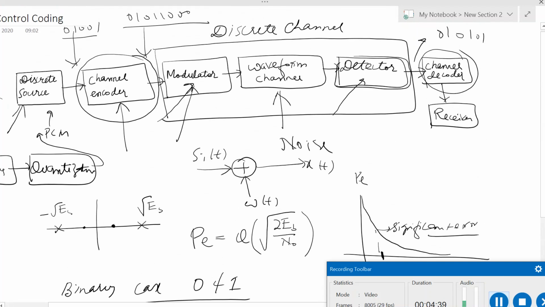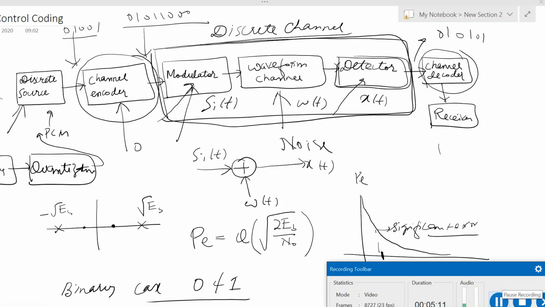See, if you look at this part, suppose SI of t, this is then X of t, noise is W of t, which you have done recently. But if you look at this point, you have zeros and ones. So if you look inside this box, the discrete channel box,